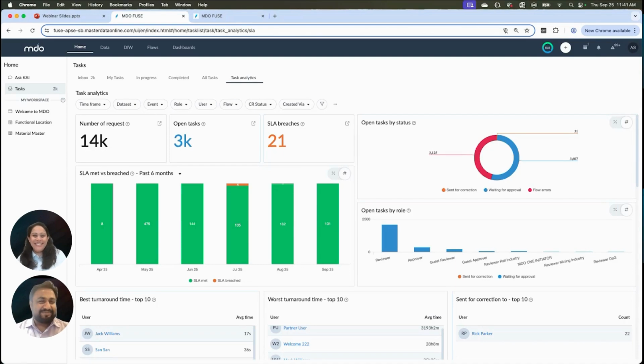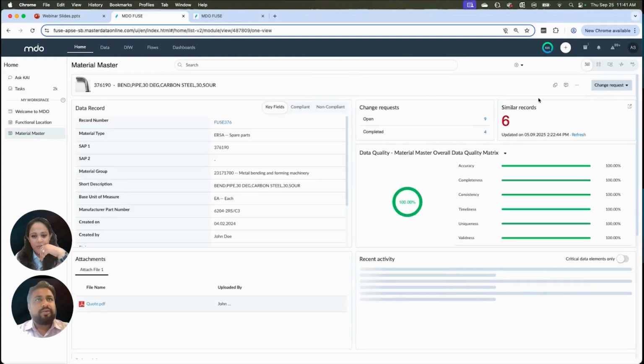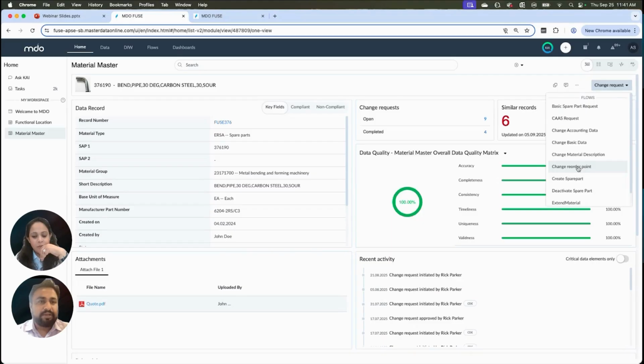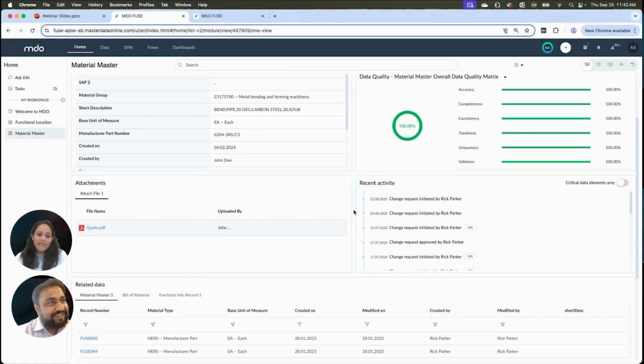From a change request perspective, since we were discussing that, can I initiate a change request directly from OneView? Yes, if you jump into OneView, based on the permissions assigned, you have a direct option of initiating a change request, and you'll get a list of flows based on the permissions available or the flows assigned to the user. You would get the option to raise a change request. And while on this page, I have one more question, but please go on, Akshay.